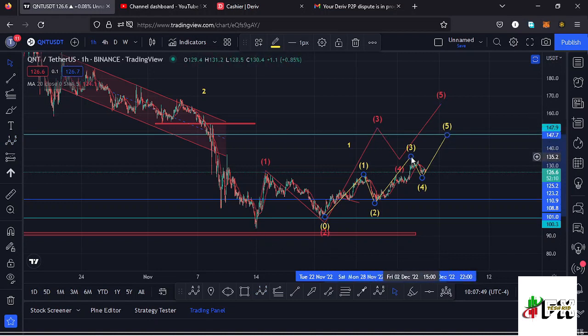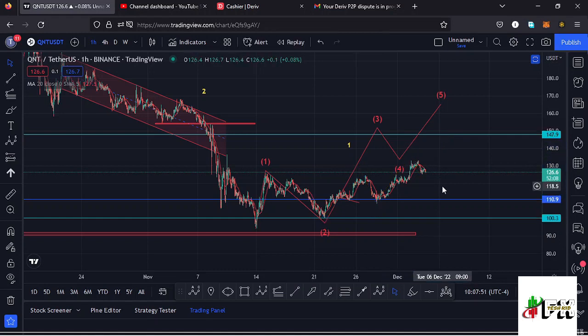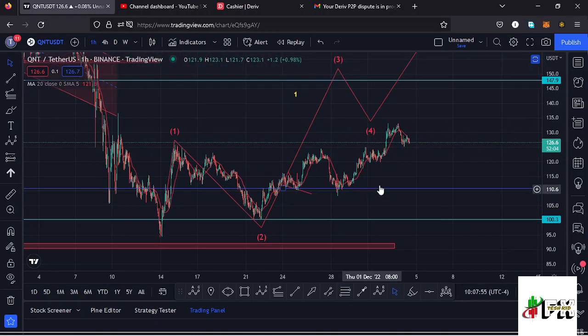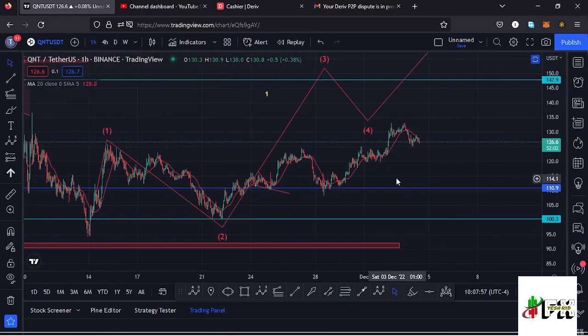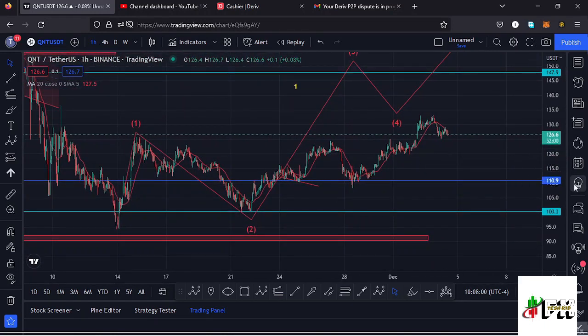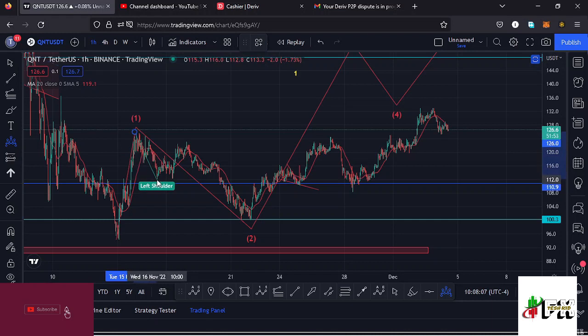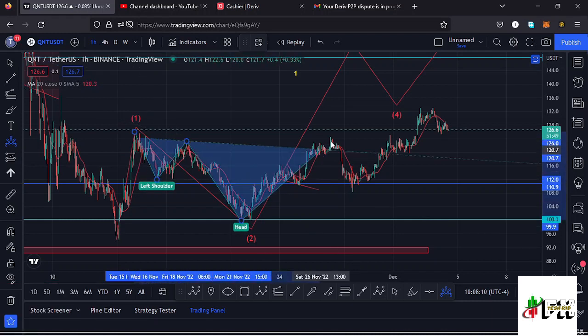We also have another chart pattern that is in formation over here, which is also giving us a bullish movement to the upper side on the short-term scenario. And drawing out my chart pattern, we have an inverse head and shoulders pattern, and if I draw it out, we can have this as the left shoulder of that head and shoulders pattern. Then we have seen the formation of the head, then we have seen the neckline, then we have seen the right shoulder, and we might have started that breakout to the upper side out of